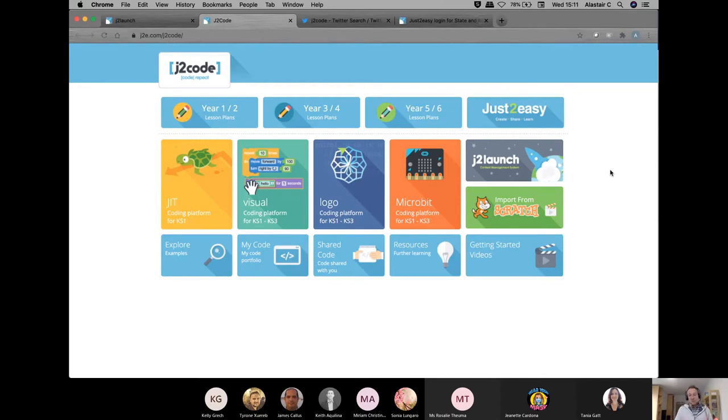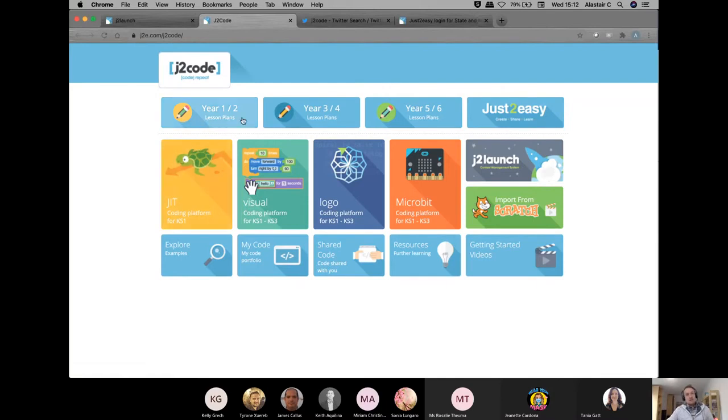And what we have here is not just these coding engines that you can get your students playing with and practicing using, but there are a wide range of lesson plans that go alongside this that will, I mean, if I was a teacher, I would be latching onto those resources very quickly, having a quick read through, and then being able to confidently deliver a lesson at any age range that I wanted to, that I needed to teach. And let's just have a quick overview of the different platforms. We'll look at them in turn from the younger years.